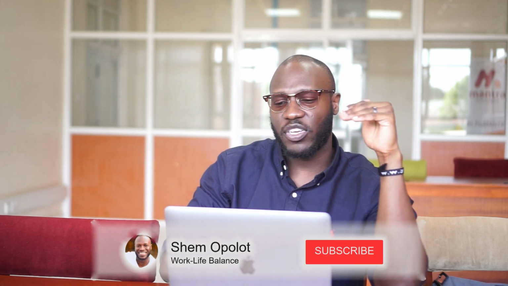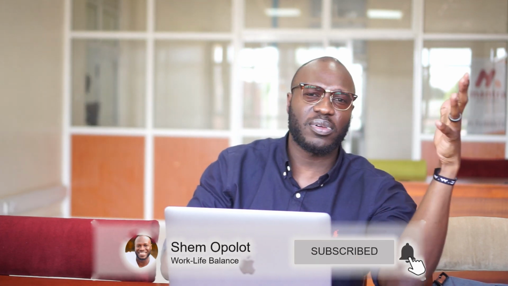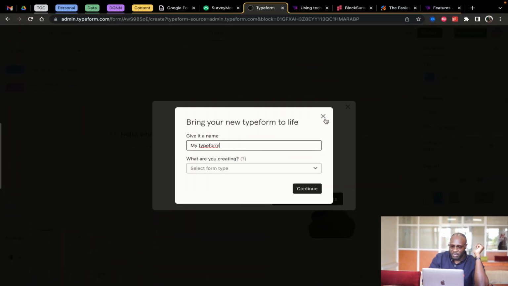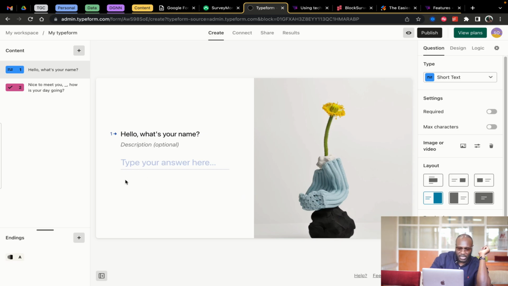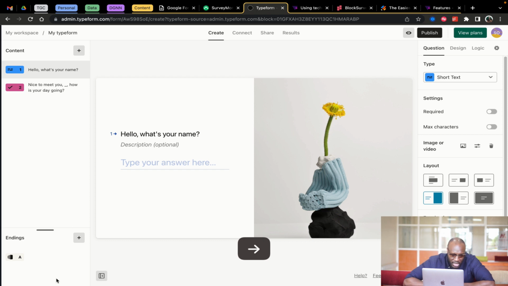But yes, so with Typeform, you just add blocks, sort of similarly to Google Forms and similarly to almost every other survey tool out there. The difference is the user experience is just so fantastic. And so here it wants me to give my form a name and all that stuff, and I don't want to do all that right now. But I just want to show you what that looks like inside. Okay, so create. So we're on what's your name, so I can make a bunch of changes here. If I'm satisfied with that, then I can add,